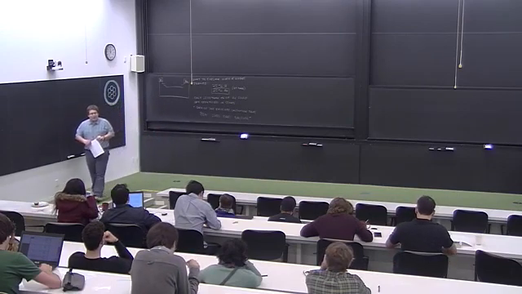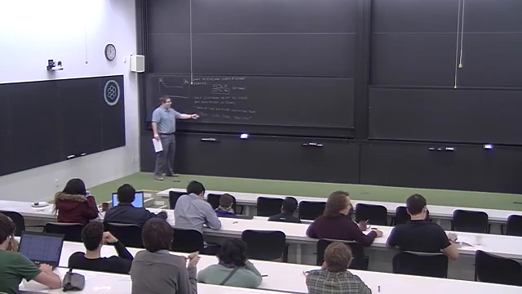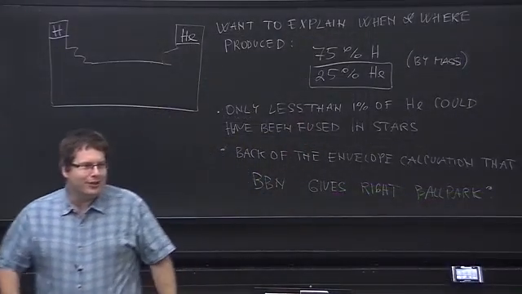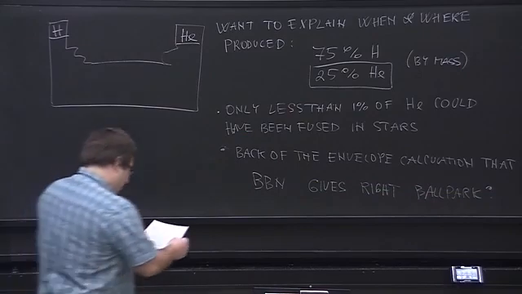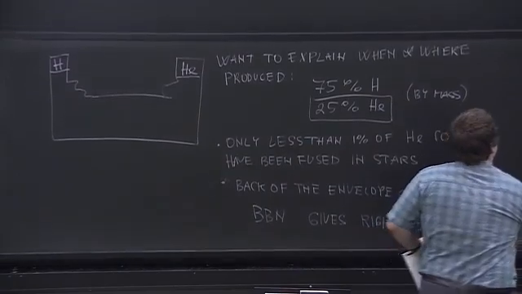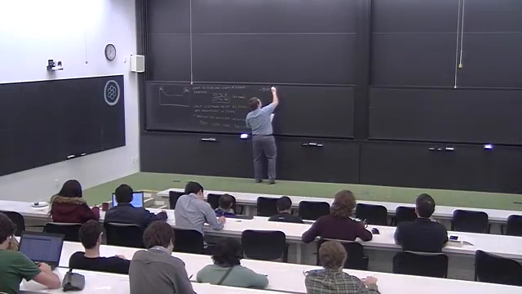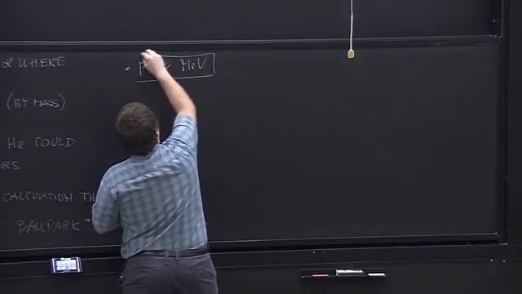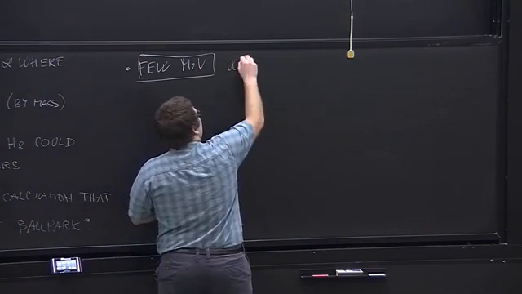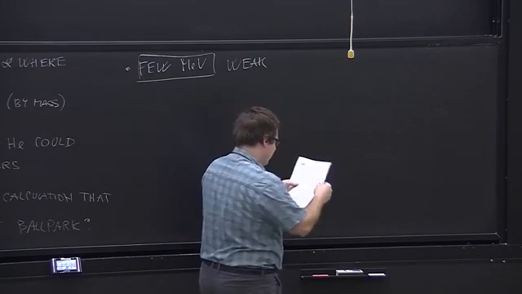And the aim of this calculation, I'll be cheating a lot, but the aim is to show you that Big Bang nucleosynthesis actually gives the right ballpark for these 25%. That's the aim of the first half of this lecture. So let's return to a temperature which is a few MeV. The statement is that at this temperature, the weak interactions become quite inefficient to maintain all possible equilibria you can imagine.